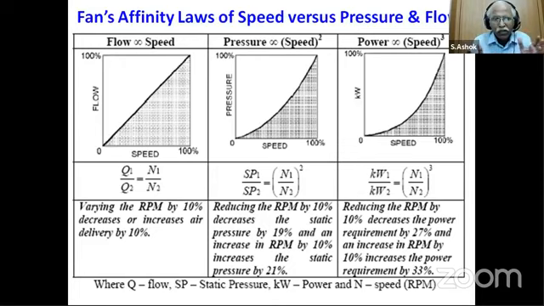This is where we have to concentrate: whether the RPM reduction has reduced the static pressure, or a choked filter has reduced it. All these aspects affect the indoor air quality and the supply air volume that should be available at the premises. If that is not there now, the main reason is the blower running at a lower RPM or the filter getting choked.